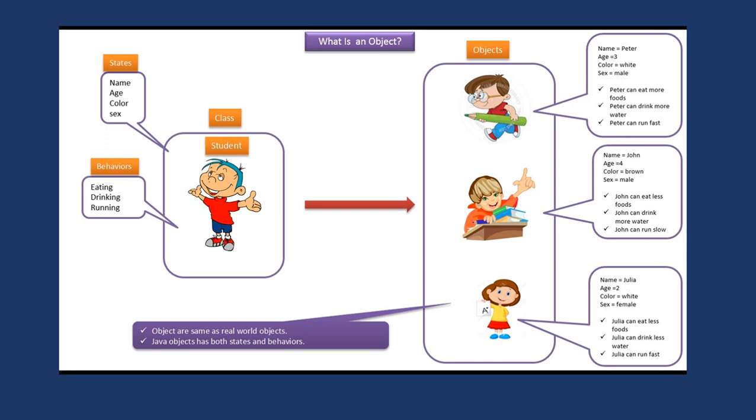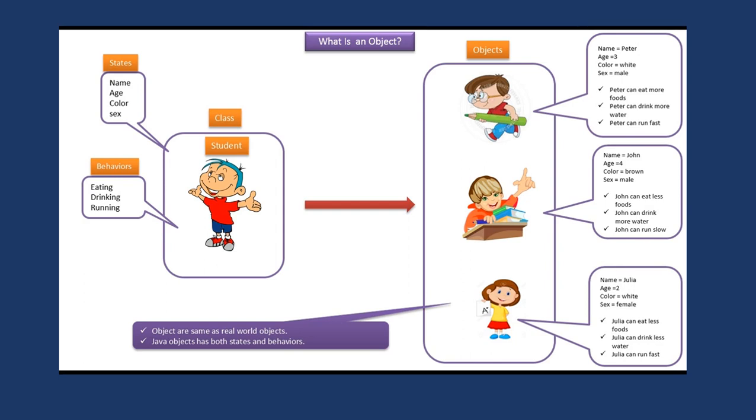So now you can understand why object oriented languages are very important, or the talk of the town these days, because this is how we have been living in the real world. No two members are similar to each other. See, in our class there are 59 students. Though they are all students, they are not all the same.